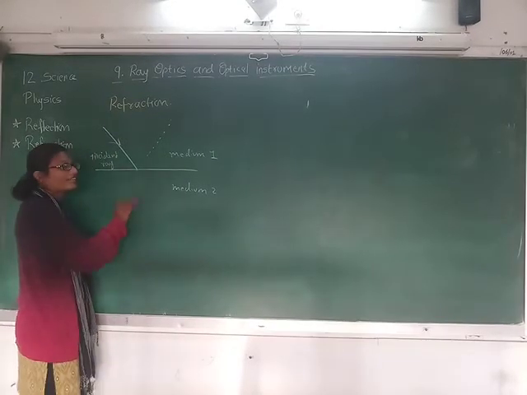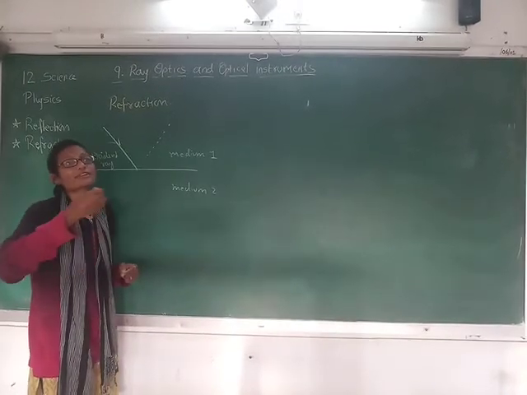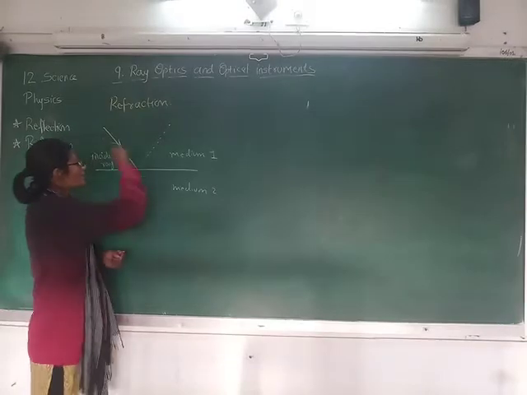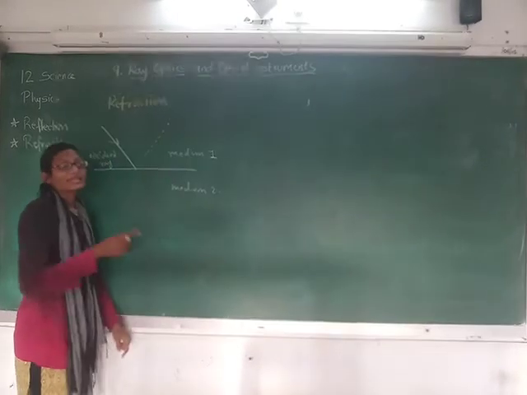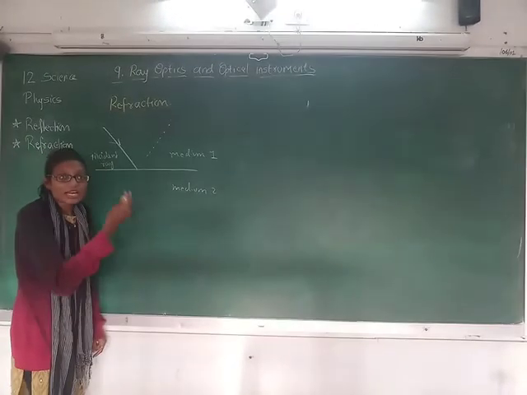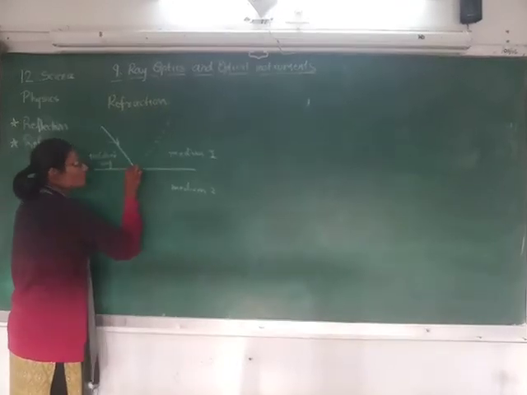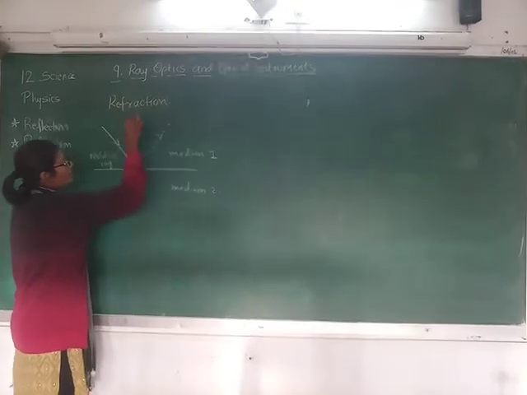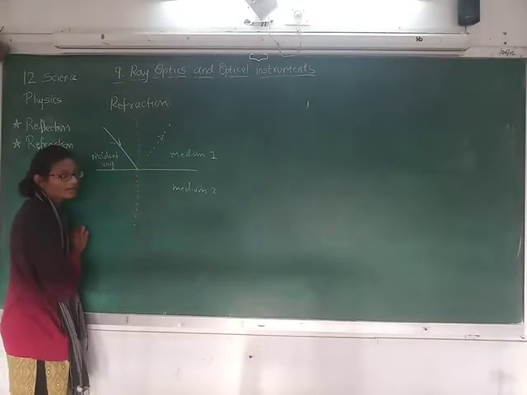But when it enters into the other medium, we can say that that ray is the refracted ray, right? The incident light, when it reflects into the same medium, is called the reflected ray, and when it enters into the other medium, it is called the refracted ray. From this point of incidence, let us draw a normal passing through that, right?